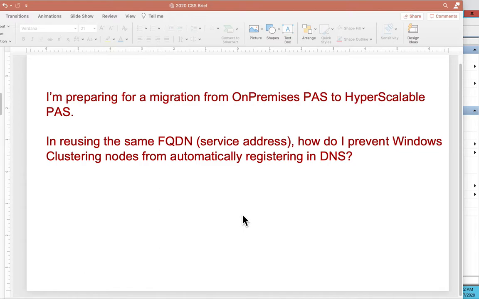This is a question and answer session. I have one question that I received from a customer who is preparing for an on-premises privileged access service migration to hyperscalable. And to give a little context to this question,